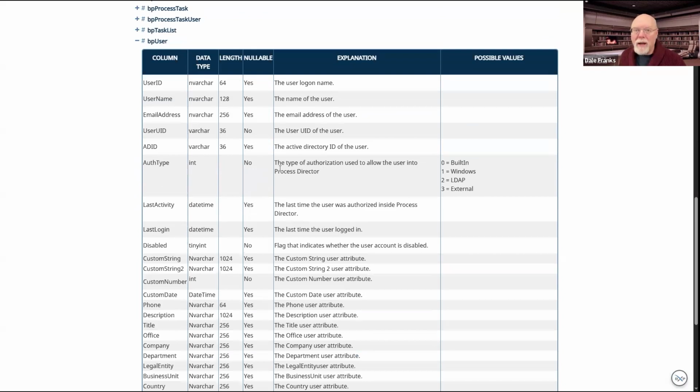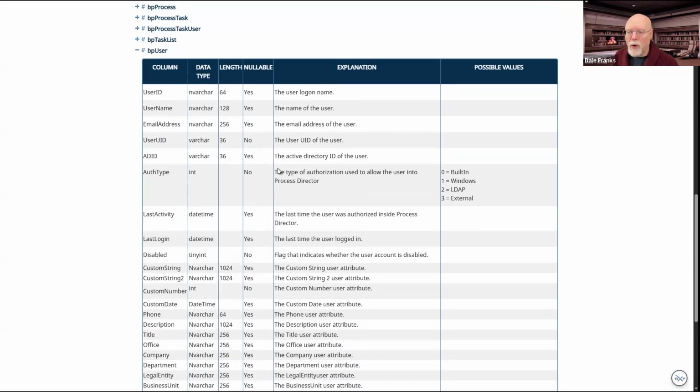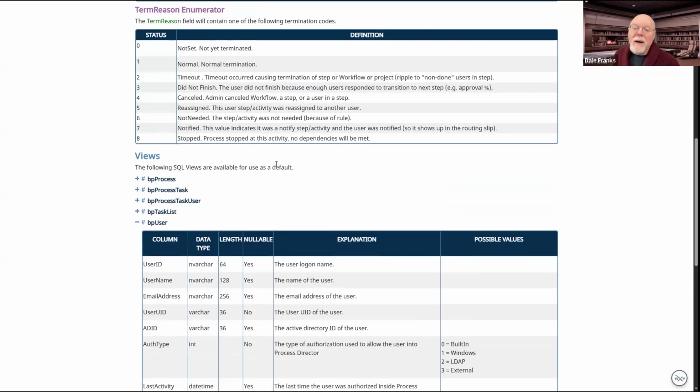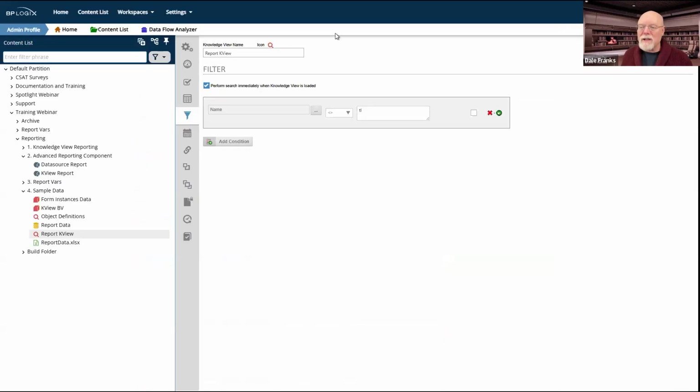It's built in to Process Director as a view, which means that we can report it using a data source report to just go ahead and grab this view and bring it out of the Process Director database. On top of that, of course, any time that you create a form instance, let me show you.